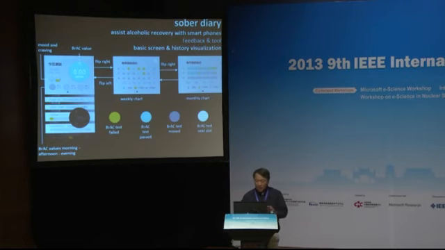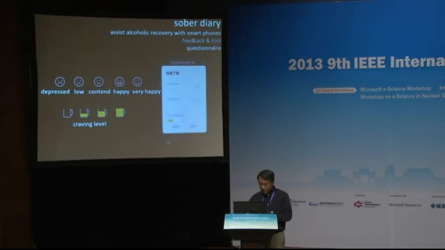Okay, so just a very brief explanation on the interface, right? So this is the main page, and this is the user's most recent input mood levels, his craving levels here, and this is his BRAC values. Okay, and then he can just scroll around to see the weekly chart, the monthly chart. So the orange dot is when the user failed the test. And the blue one is pass the test, and this gray one is miss the test. Okay, miss the test is also bad.